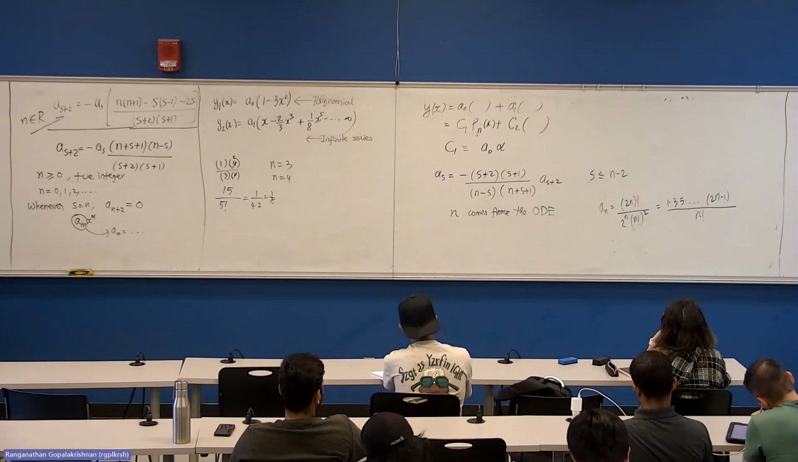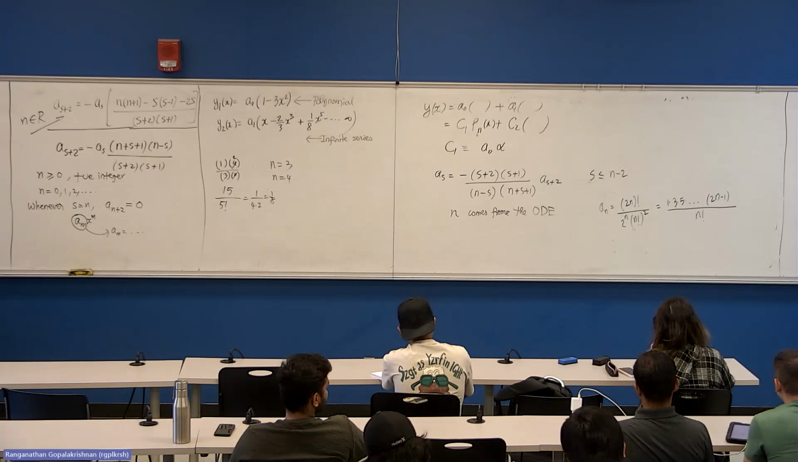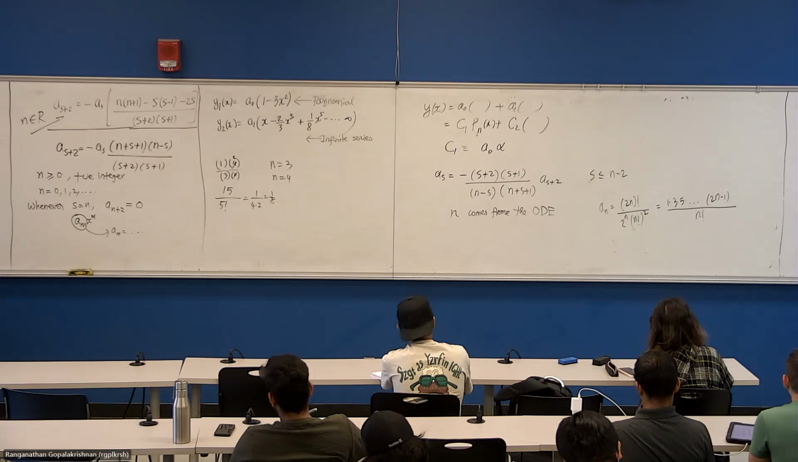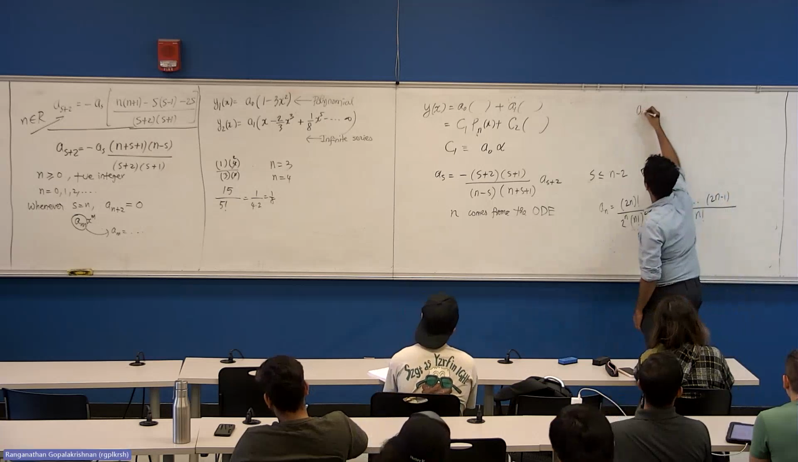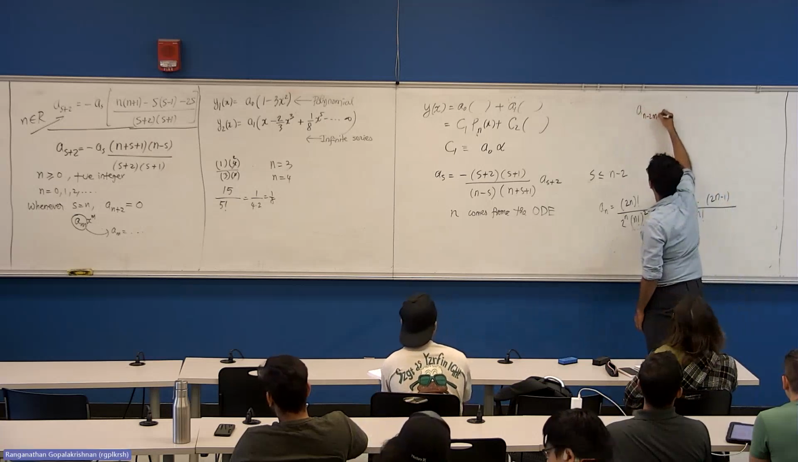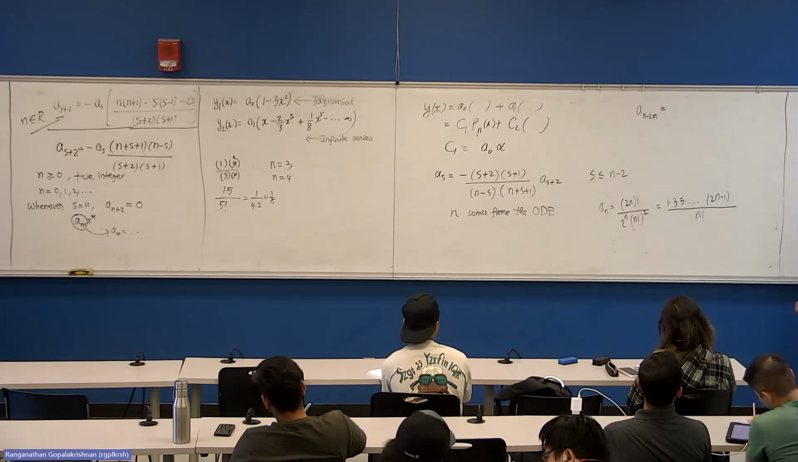Okay, so if you go through a series of steps, what you're going to get is this. This is the golden formula. A n minus 2m equal to